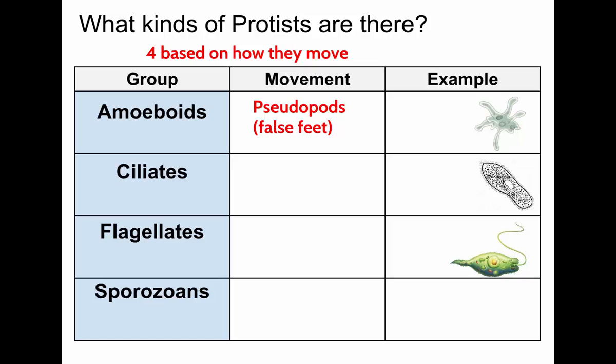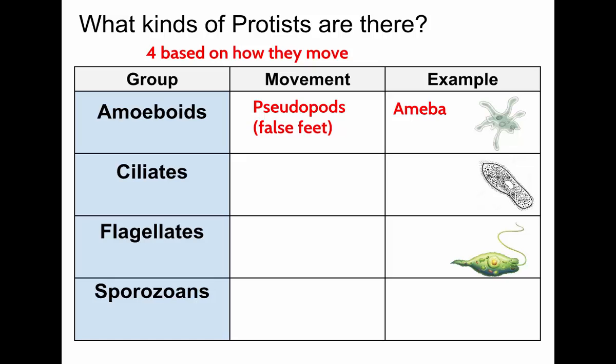And what a pseudopod is, see how on this amoeba, these extensions, these little arm sort of things are moving out? Those are pseudopods. They kind of ooze forward and the amoeba kind of blobs along. So an amoeba is an example of one of these amoeboids.